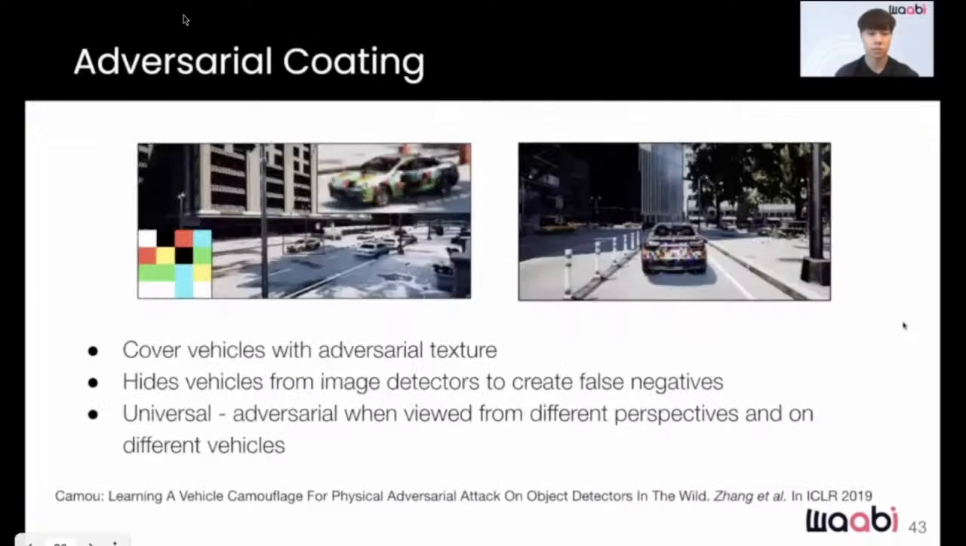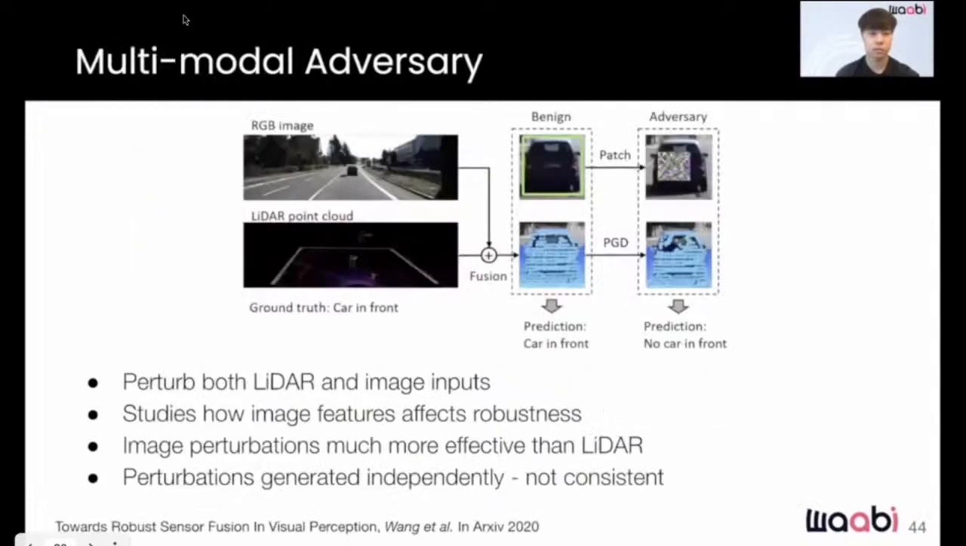There are existing works which paint vehicles to create adversarial textures, and as a result, these vehicles are camouflaged and hidden from image detectors. However, this attack does not target multimodal detectors. In another work, the authors perturb both image and LiDAR to study how image features affect robustness and find that image perturbations are much more effective than LiDAR. However, the attack perturbs image and LiDAR independently, which may result in perturbations that are